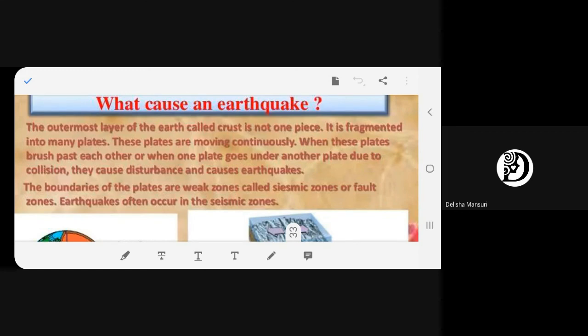Continue. What causes an earthquake? The outermost layer of the earth called crust is not one piece. It is fragmented into many plates. These plates are moving continuously. When these plates brush past each other or when one plate goes under another plate due to collision, they cause disturbance and causes